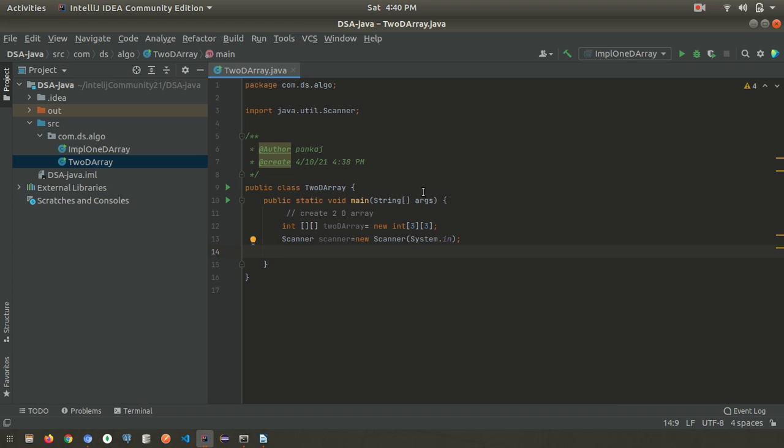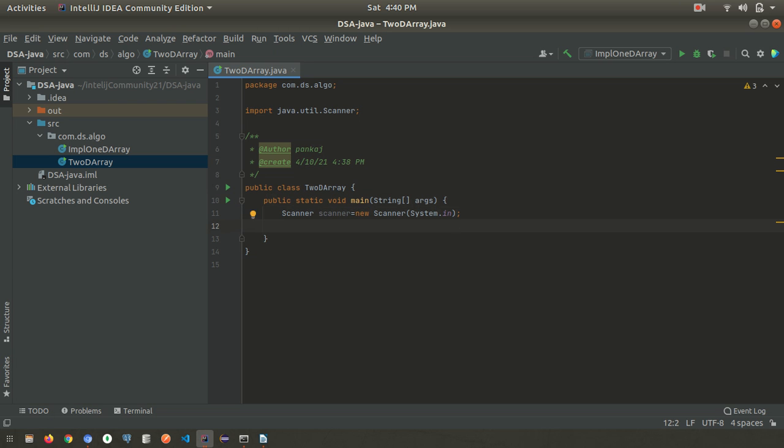Okay, one thing we can do before creating this array, we will take the size. We'll ask the user how many rows and columns they want to enter. So we can just cut from here.